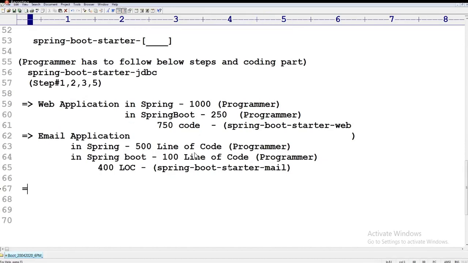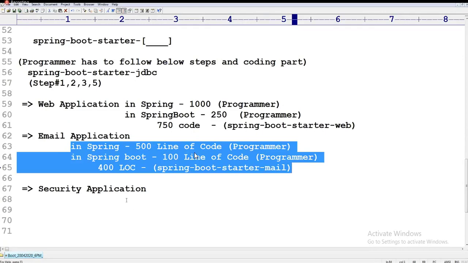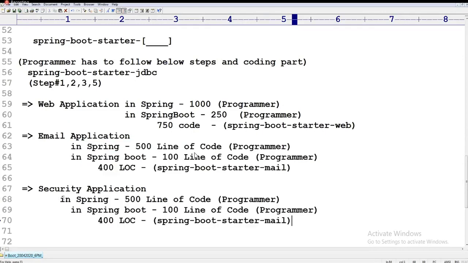Now assume you are developing a security application. Again the same: in Spring, assume you are writing 600 lines of code. In Spring Boot, 300 lines of code are given by the programmer and 300 lines of code are given by Spring Boot. That's like security.